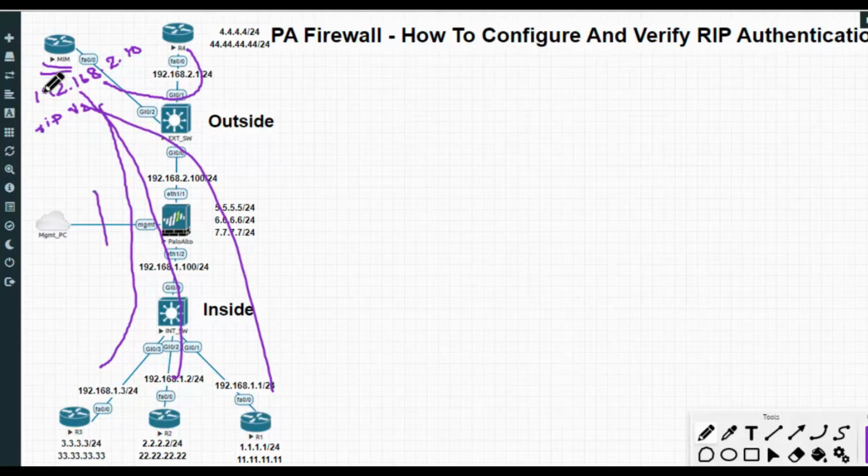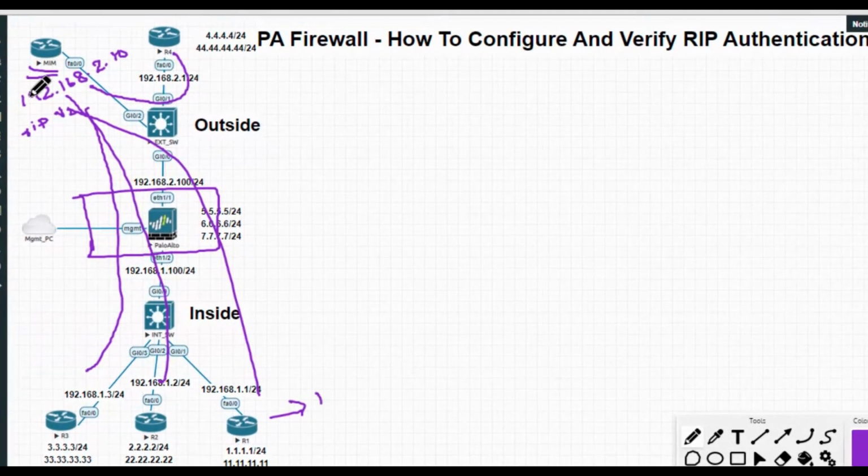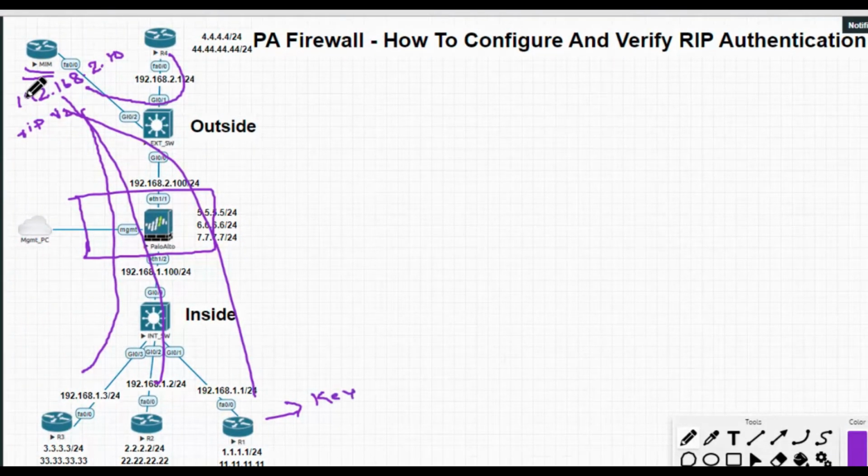So there will be no point of putting the firewall inside, because he can attack anytime with this protocol. So once we configure authentication in these routers, and similarly authentication in the PA as well, only those routers participate in exchanging the RIP updates.